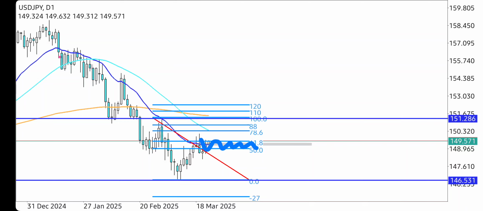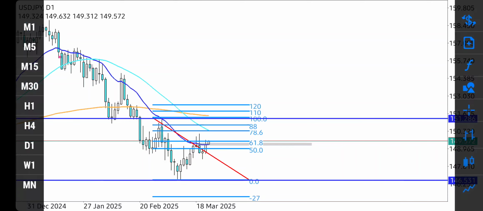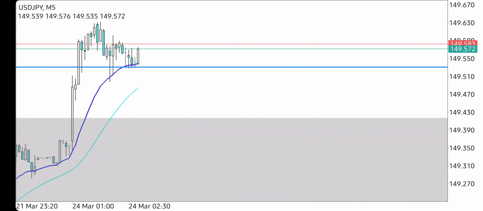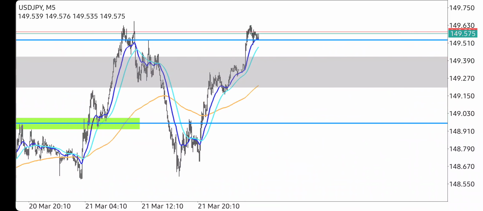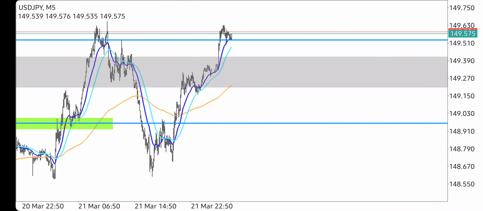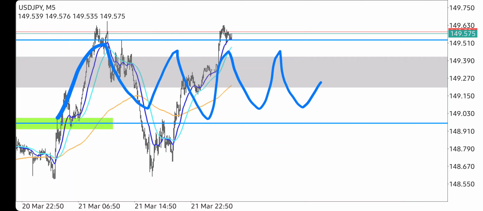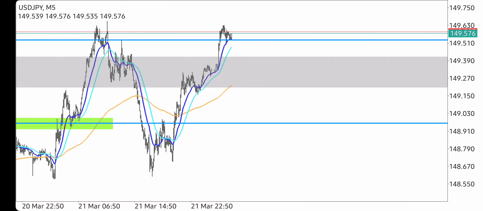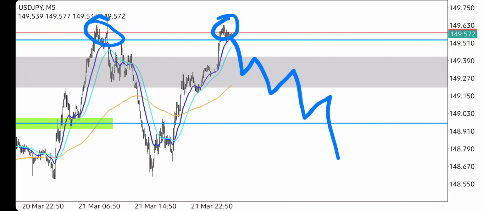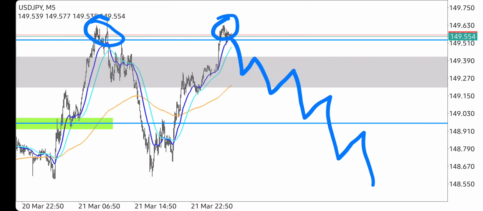What I want to start to see on a lower time frame is price to start to fall. So maybe this is the daily time frame, but we'll go down to the 5 minute and see what structure is starting to do. So this is that range, that 61.8 range, and the 50. As you see, price then made a top right here and another equal top. What I'm expecting price to start doing is making lower lows, lower highs, lower lows, lower highs, and start to take them sells.